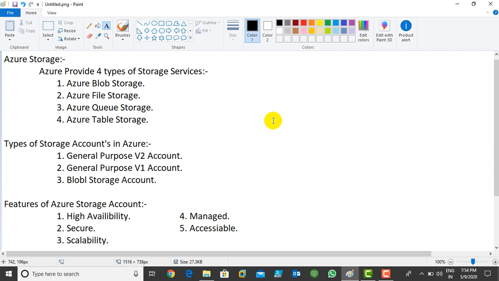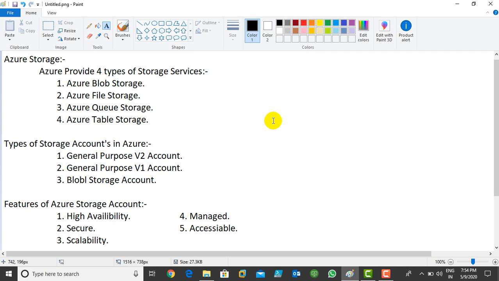We talk about Azure Blob Storage. Now what is the meaning of Blob Storage? In Blob Storage we can put unstructured data. Unstructured data means, imagine I have images I want to save, some audio files, some video files, some movies, some confidential documents. In that case we can use Azure Blob Storage.